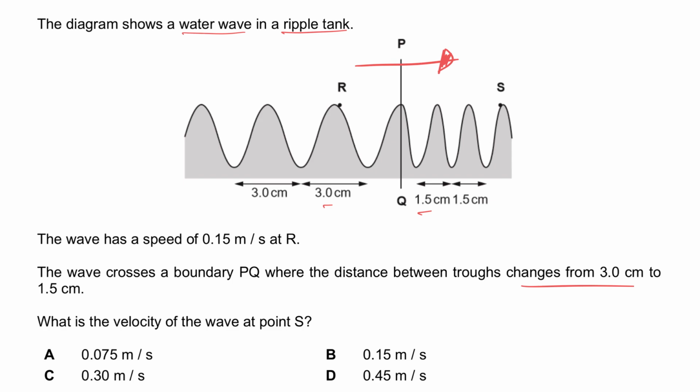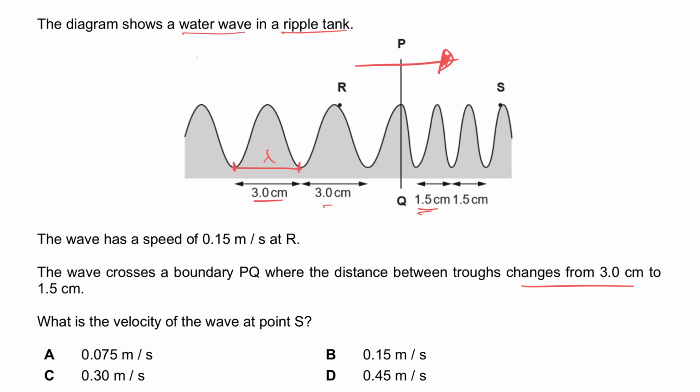Now let's talk about the 3 cm and the 1.5. This is one trough to the next trough, so this is actually your wavelength. I can also do something that you are familiar with. If I were to look from the top view of the ripple tank, you will see that